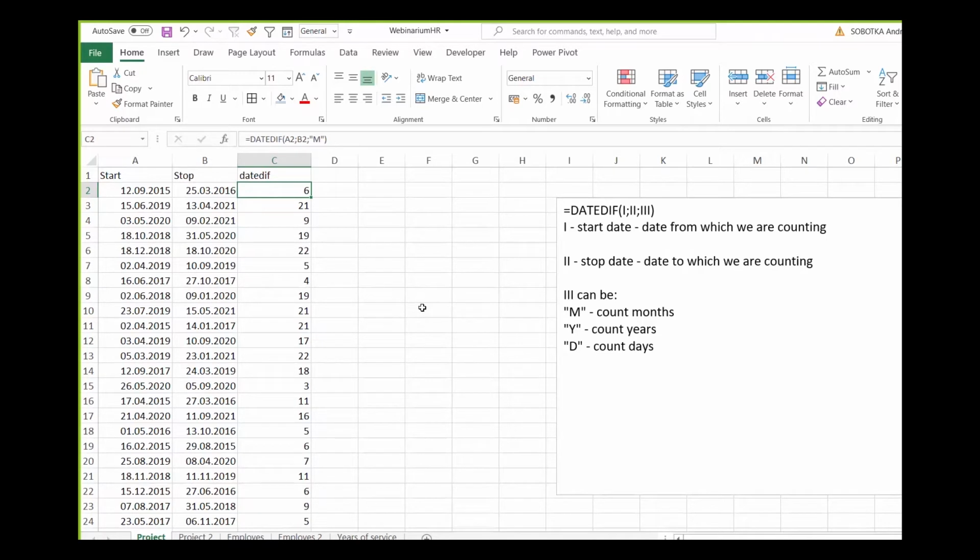And there are many useful applications of this function. If those were dates of usage of a particular machine, like in a factory or in your company, then you have the information how many full months this machine is working. If it was a car, for example, in your fleet, then you'll know how many full months this car is used in your company. And of course,